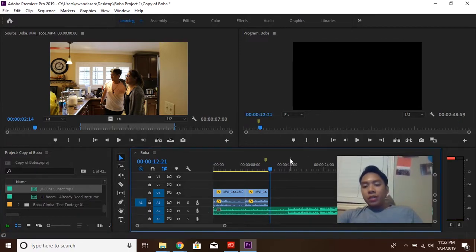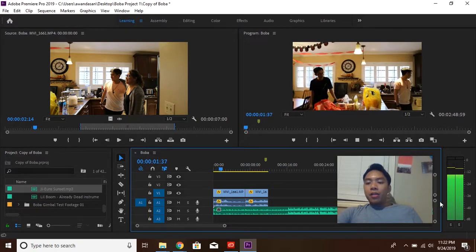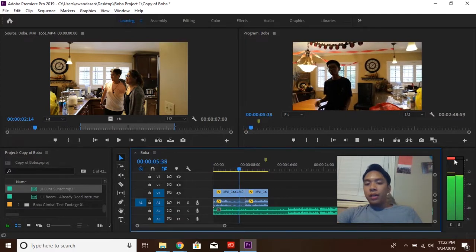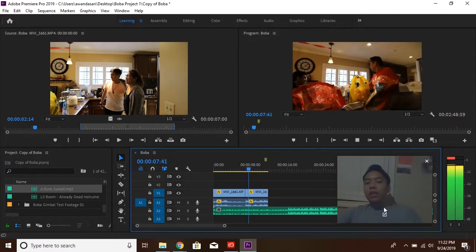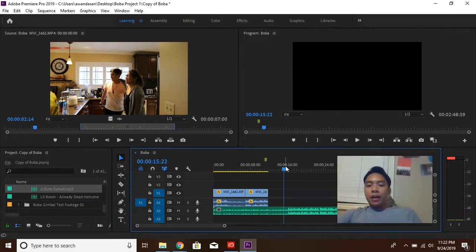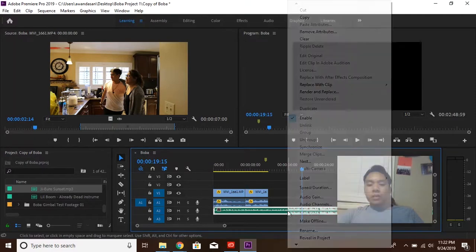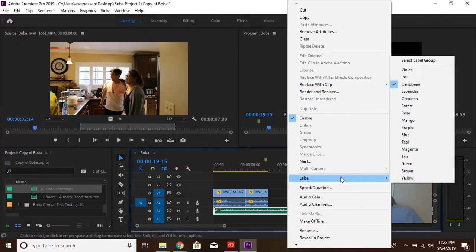And one thing to make note of when you're putting in songs is they're going to be super loud. You can tell that by the audio meter right over here. If you see this red bar lighting up, that means the song is way too loud, and it's going to hurt your viewers' ears. So to lower it, we're going to right click the clip, and we're going to go